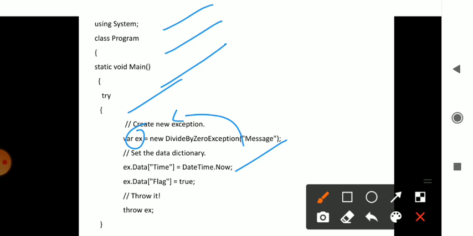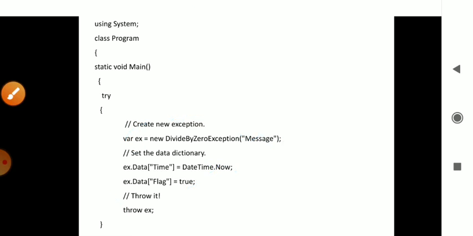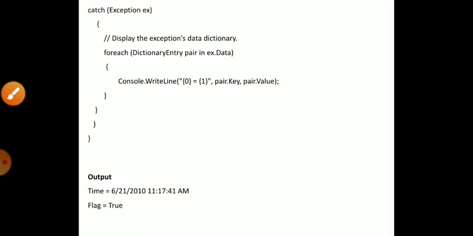This is your key and value. Ex.Data accepts the time and the flag, the date and time, and the flag is set to true, and if any exception is there, it will be thrown.